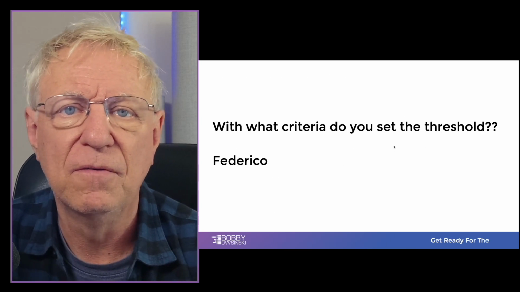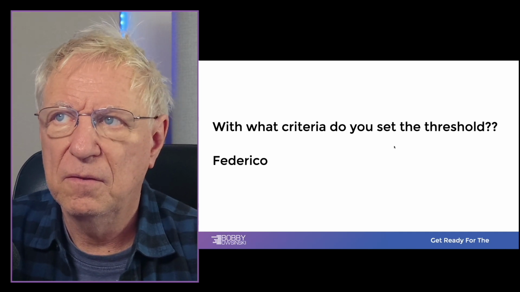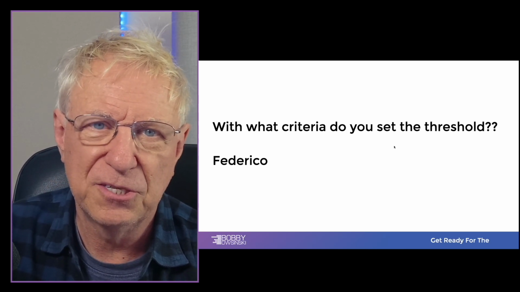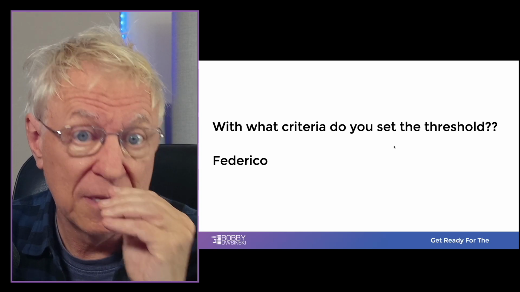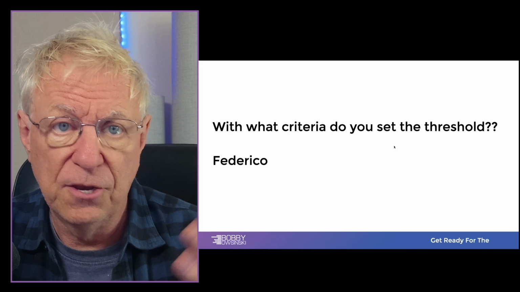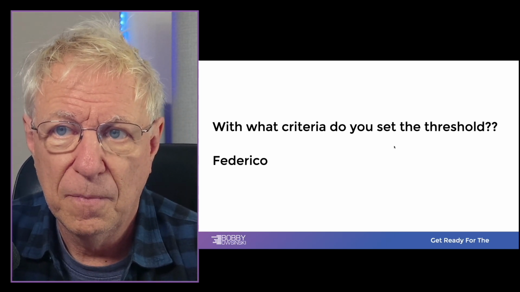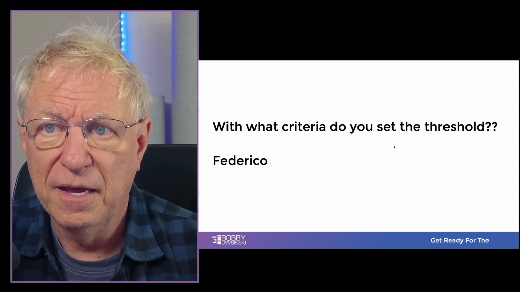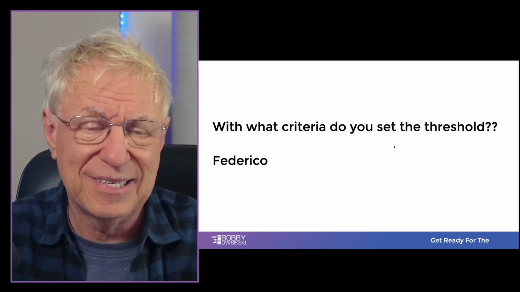From Federico, with what criteria do you set the threshold on a compressor? The threshold controls the amount of compression. So you're going to set it up according to the amount of compression that you need. Again, you can do it just the way we talked about, where you go to that mix element where it's the quietest during a song, and you set it up so there's no compression. So then when something gets louder, the level's the same.